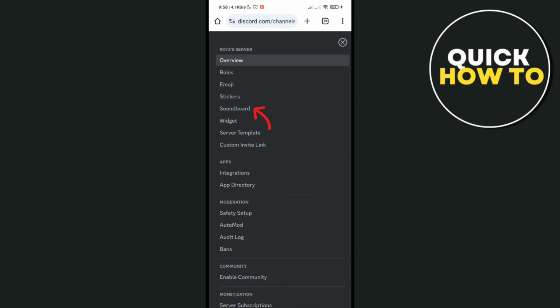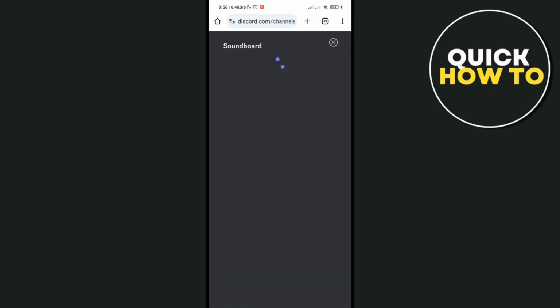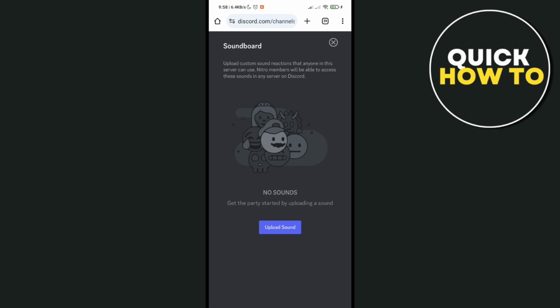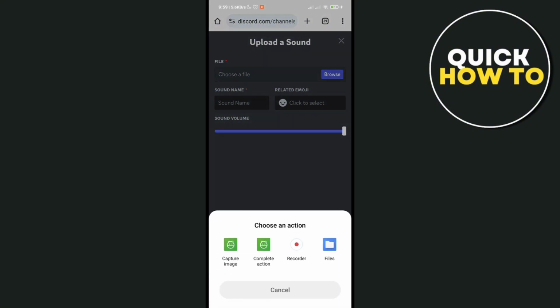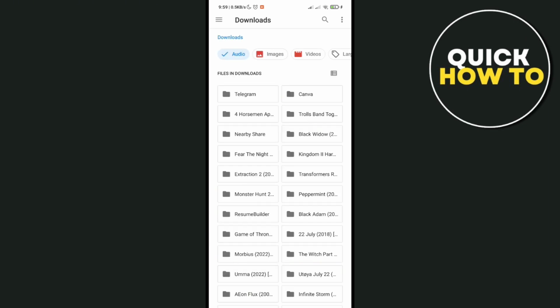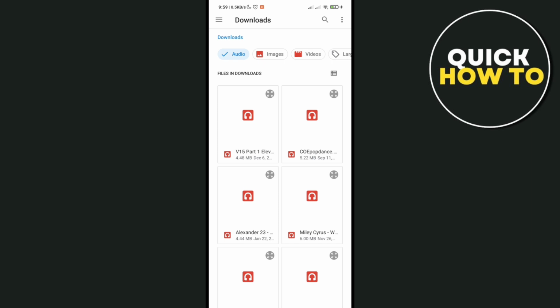Okay, so from here, you'd be able to see the soundboard. So you just have to click on it as well. And then you'd be able to see the upload sound. So just click on it. Now I'd be able to choose a file. So just click on the browse option and then select files. And then you'd be able to see your files right here. So just go ahead and click on your audio or sound and select the sound that you want to upload